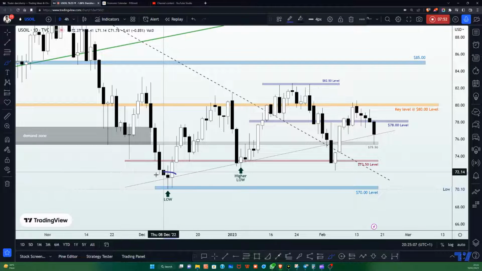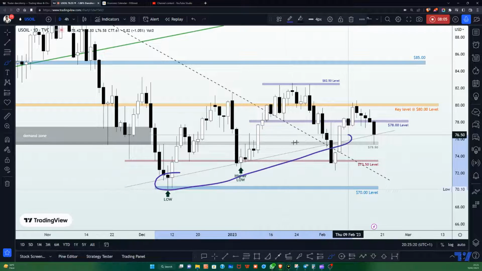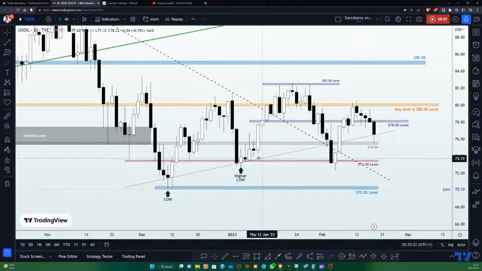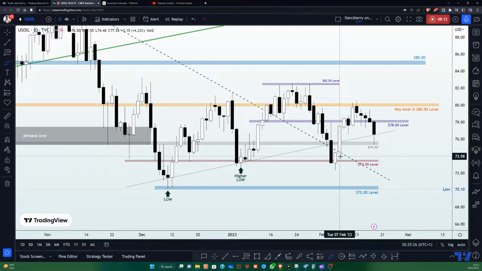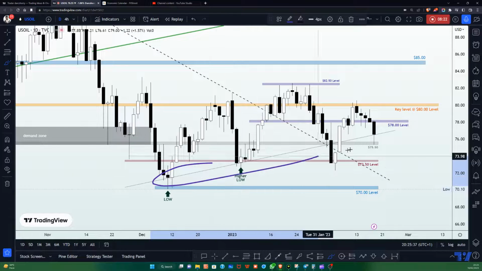As you can see, this was the lowest point price had been throughout the course of last year, and that is the $70 level. One thing we notice is that if we connect the series of higher lows here, we have this bullish trend line figured out. And look at what happened around the $73.50 level, and also what happened a couple of weeks ago, as we saw another buy pressure here. So the $73.50 level, coupled with this bullish trend line,